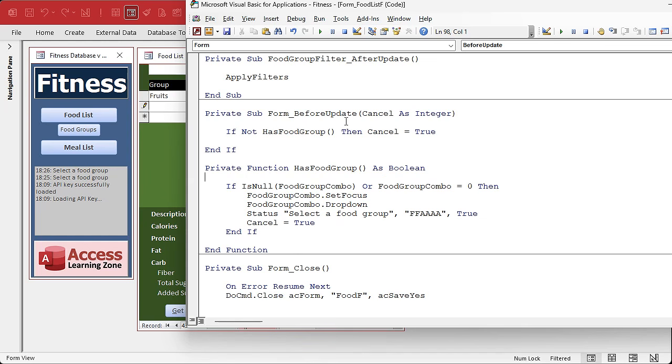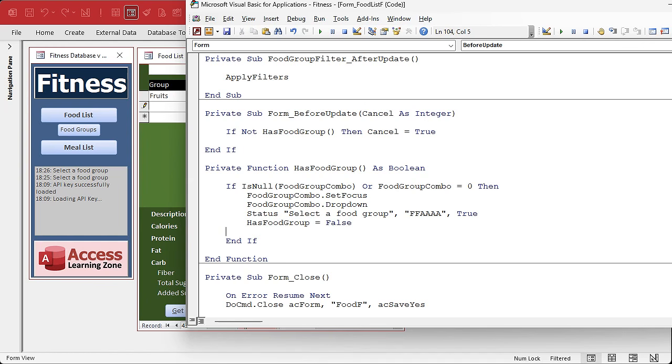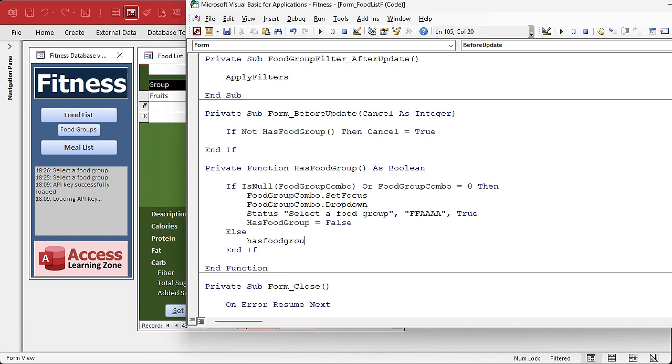Okay? And here we'll say if is null this or that, then we'll do the drop down, set the food group, and then we'll just exit with the value. So here we'll say has food group equals false. Otherwise, has food group equals true. Okay, so now,